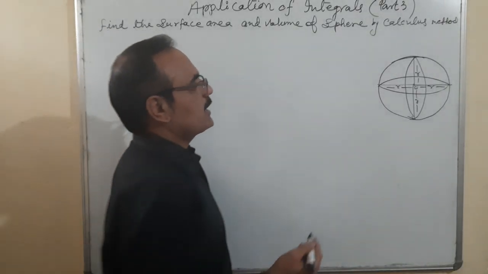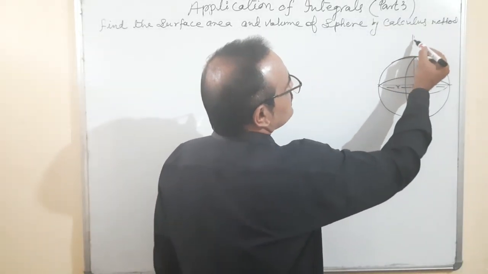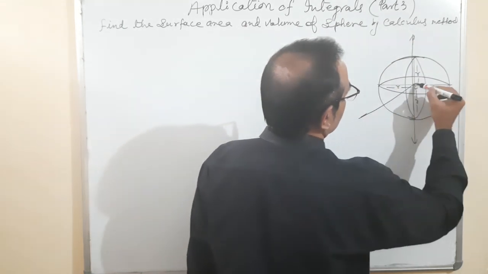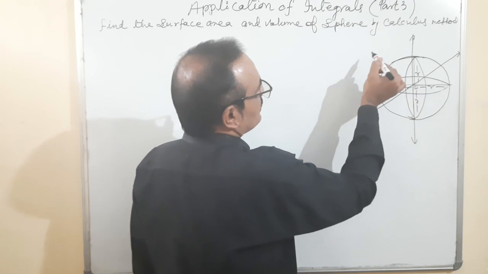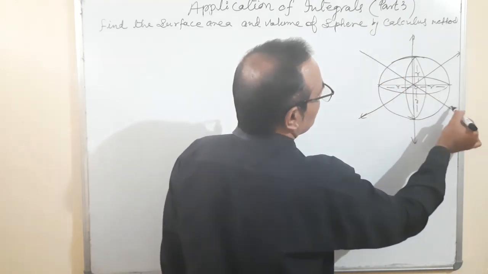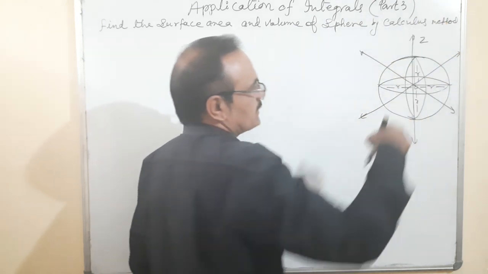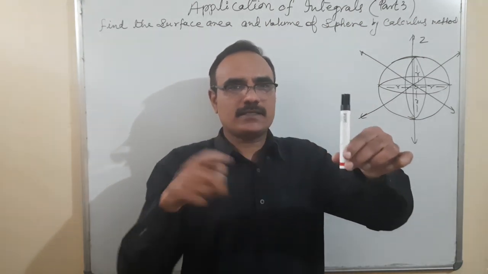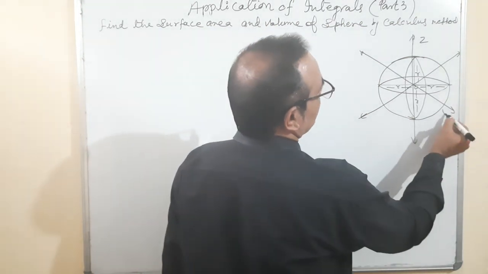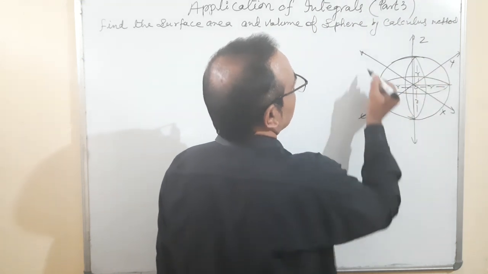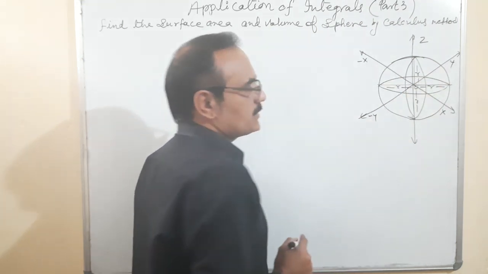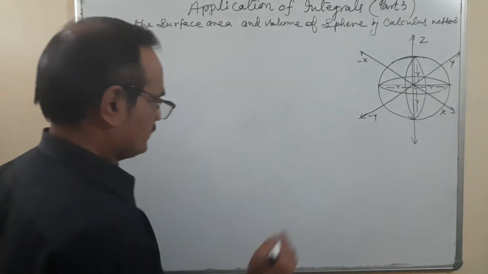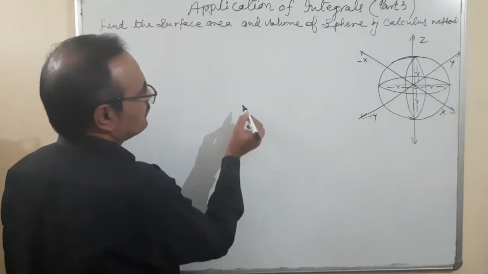Okay, in three-dimensional geometry, three axes are required here. One axis, axis number 2, and axis number 3. Okay, this is the z axis, x axis, and y axis. X, y, z. So it is x, y, and that is z. Is it okay? For finding the surface area of it, I am making a separate diagram in the same format.